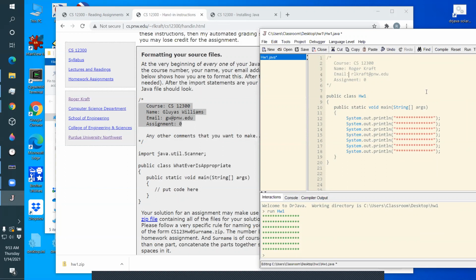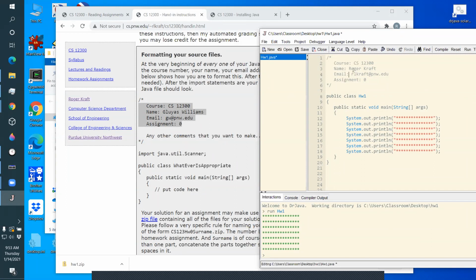I mean, I can get all your email addresses. If I have your name, I can look up your email address in a database, but it's just real convenient for me to have your name and your email address in the programming assignment. And quite often, if I see something that I think I should tell you about, I'll send you an email real quick. Okay. So please make sure you put your name and your email address,